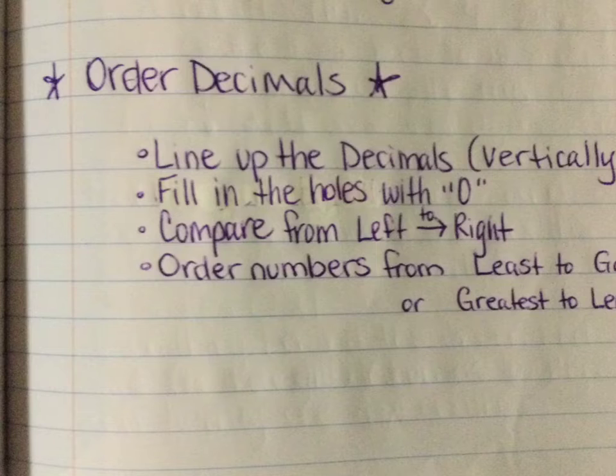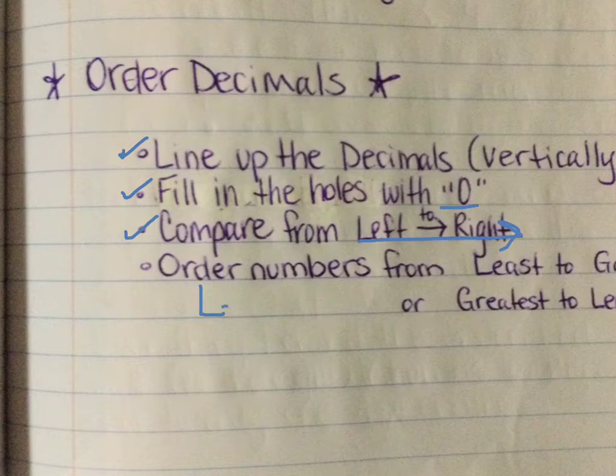Okay, when you're ordering decimals, it's pretty much the same thing. You're going to line up the decimals vertically. You're going to fill in the holes with zeros. You're going to compare from left to right. And then you're going to order